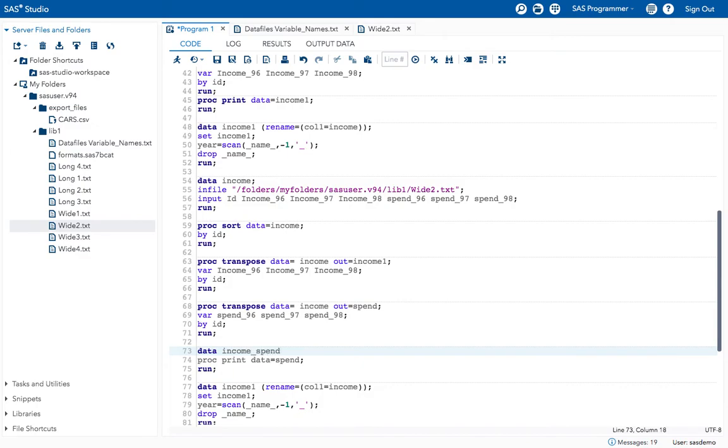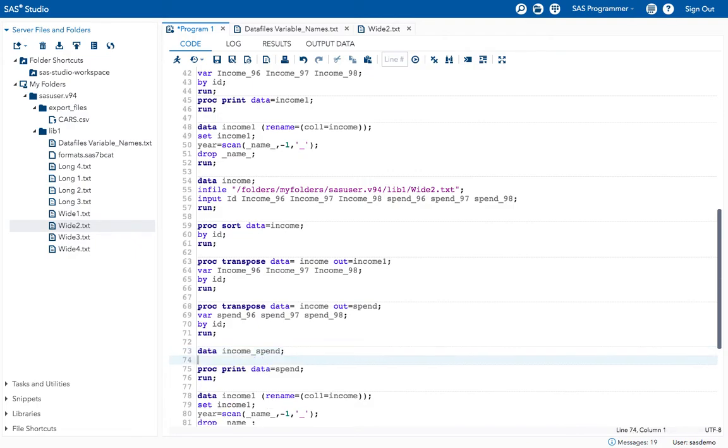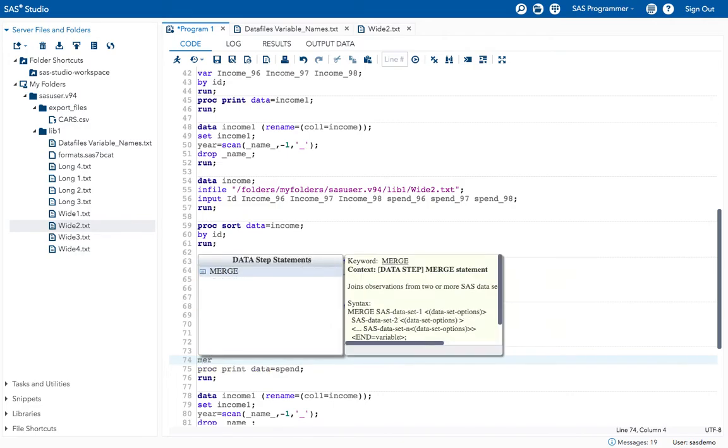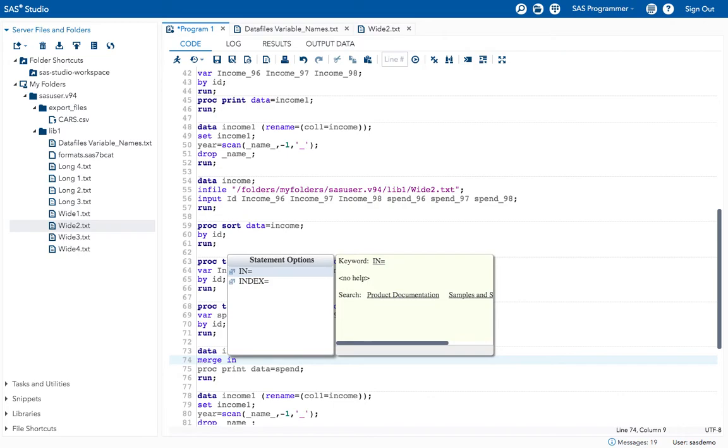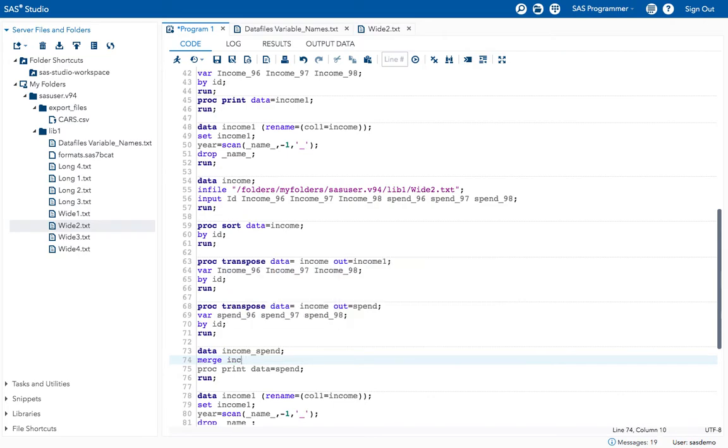I want to create income underscore spend data set. Okay, now I will merge both income one and spend data set.